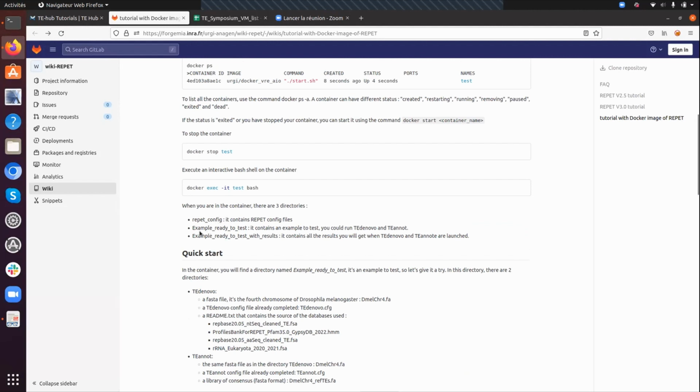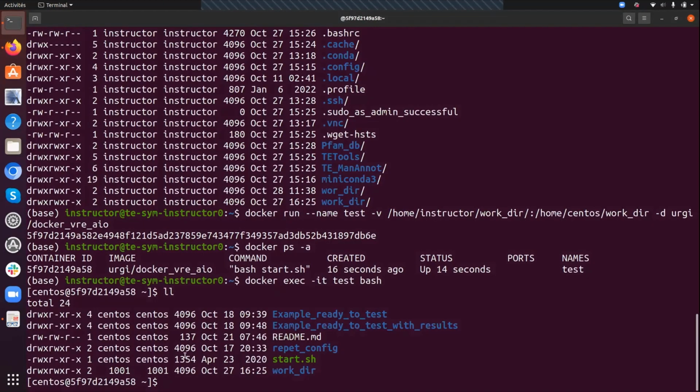And there is a directory that prepares every data needed to launch REPET, whose name is example ready to test, and another one with the same data but with the results already obtained. So if I go in the directory to launch,